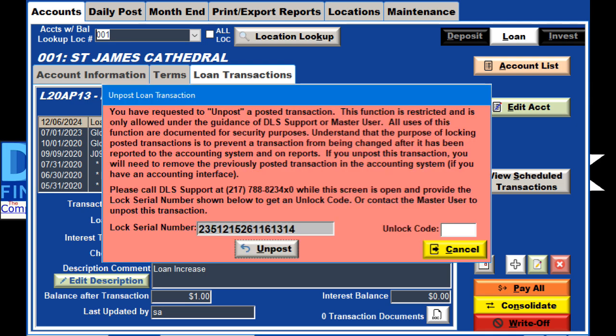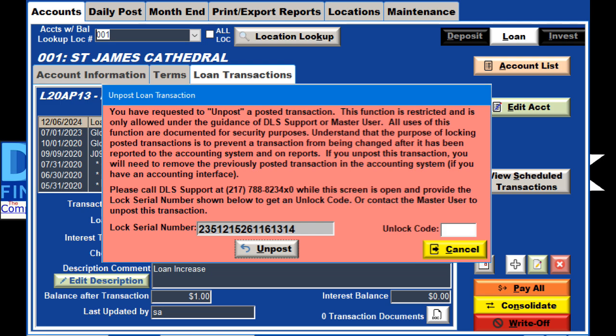This form is red because it is not something we would like you to do. But since DLS is not an FDIC-certified program, and internal sub-accounts are not regulated by the government, we allow it to happen if your system is set up to allow you to do it. Please read and follow the instructions found on this form. There is important information on the form concerning the accounting interface if you use IF, as well as step-by-step instructions